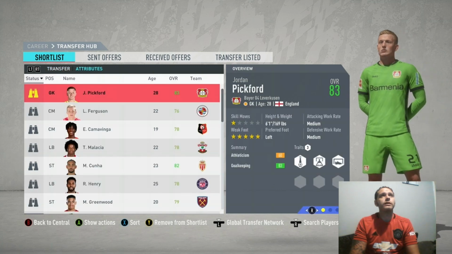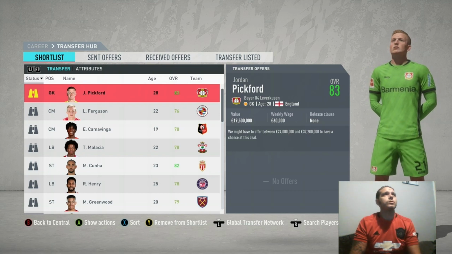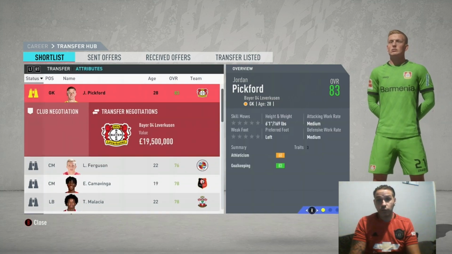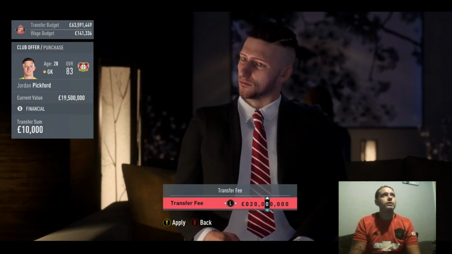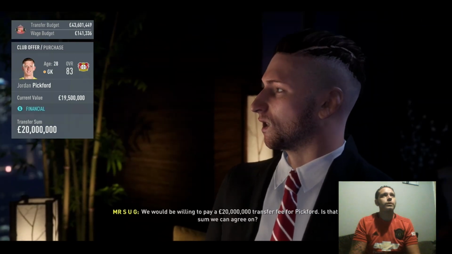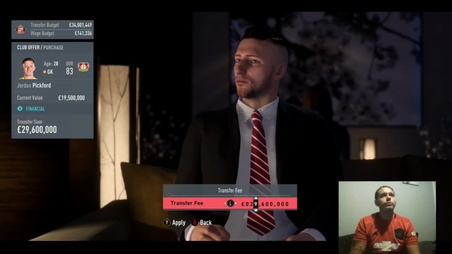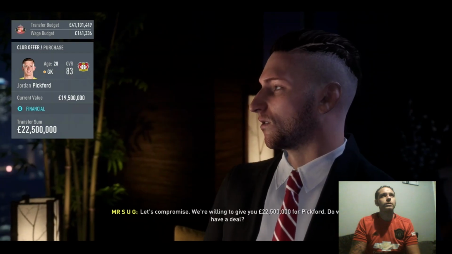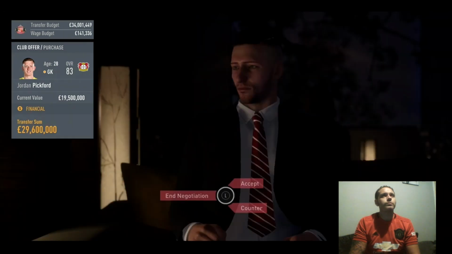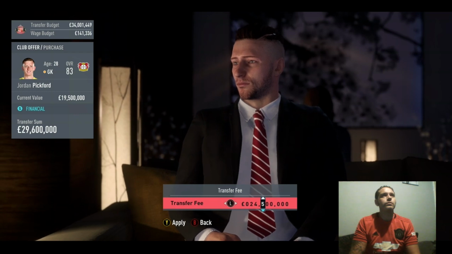So Pickford, as we say, is valued at 19.5 on £60,000 by Leverkusen. So let's approach and see what the best deal we can get. And obviously I'm just going to go in with a flat 20 mil, obviously just above value. It's saying 29.6, so that's not too bad, but obviously I don't really want to pay more than 25 really, so I don't want to budge. So we'll go 24.5, and they're okay with that. So hopefully